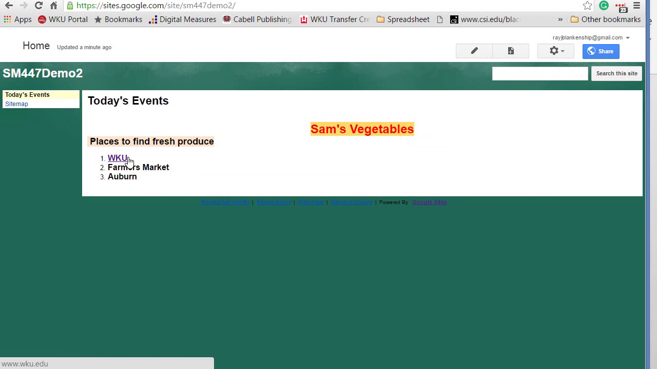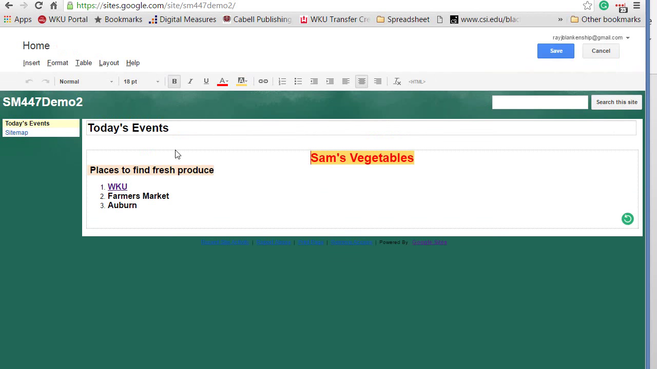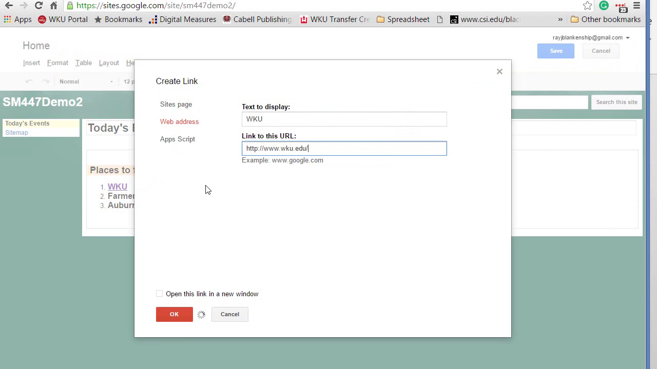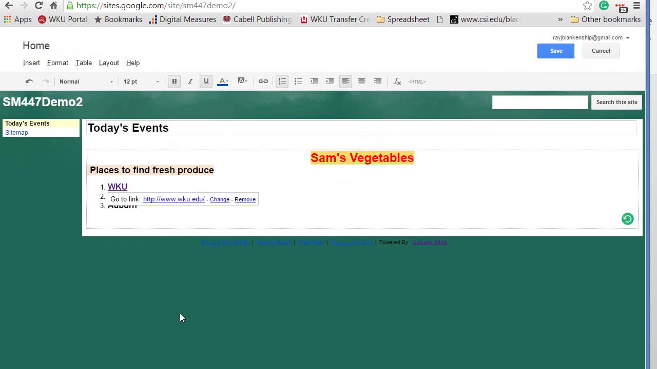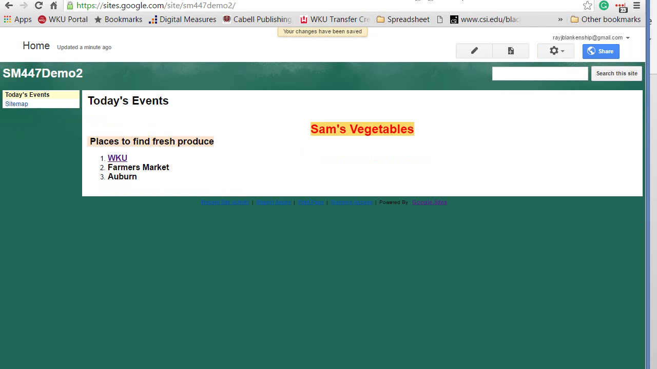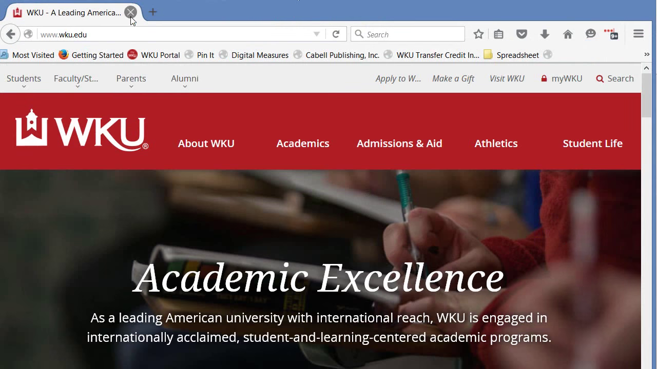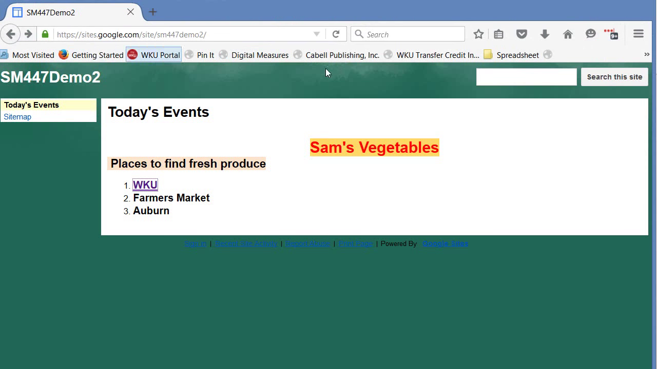So I'm not going to create a fresh one here, but I'm going to be in edit mode. If I click on that, then I want to change, so it opens up that same dialog box where we were, and notice that down here at the bottom it says open this link in a new window. So I'll click OK, I'll hit save, go back to Firefox, I'll hit the back button, I'll hit refresh,